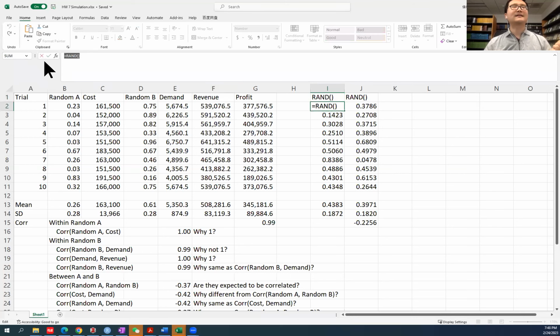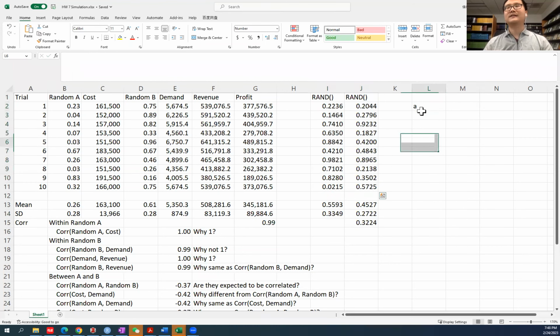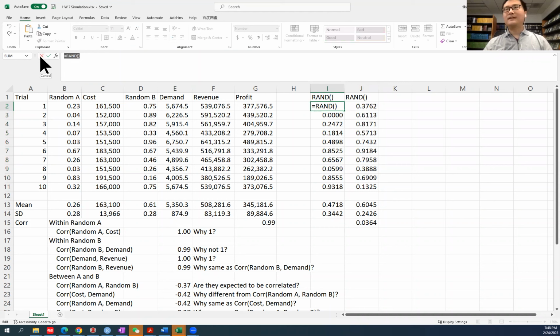See that I use exactly the same function to generate them. Notice that whenever you make any change to the sheet, these random numbers will be regenerated. For example, if I type, see that these two columns changed. If I remove, see that these two columns changed again. So it's very important to understand that whenever you use a random number generator function, this RAND with parentheses,